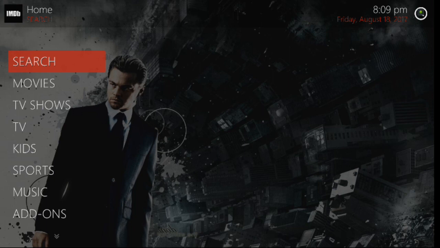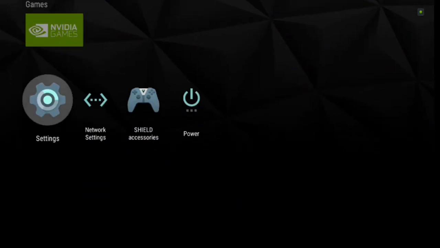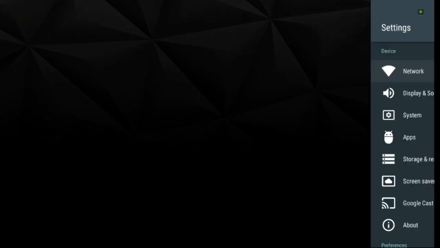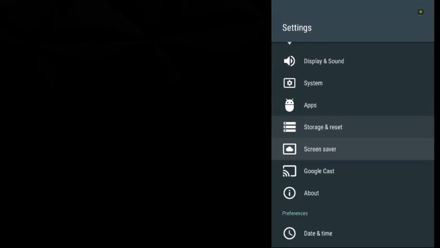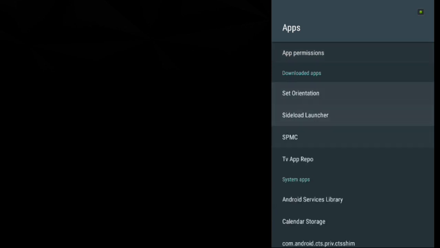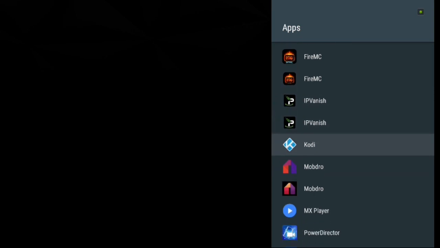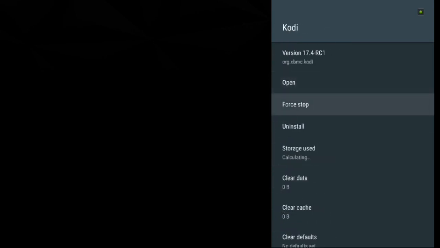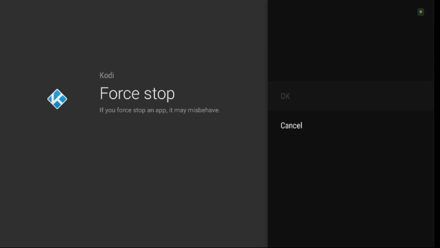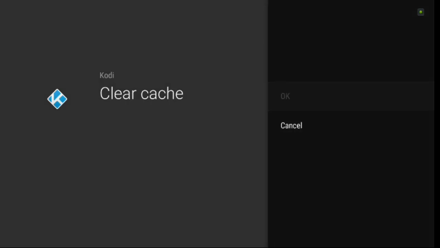All right. So now we're going to go out to our main menu. So just go ahead and click your main menu, and in your device, whatever device you're using, you're going to go into Settings. Then you're going to scroll down to Apps. Then you're going to scroll down to your Kodi. Click on it. Then you're going to go ahead and force stop. And then you're going to scroll down and you're going to click Clear Data, hit OK, and then Clear Cache,